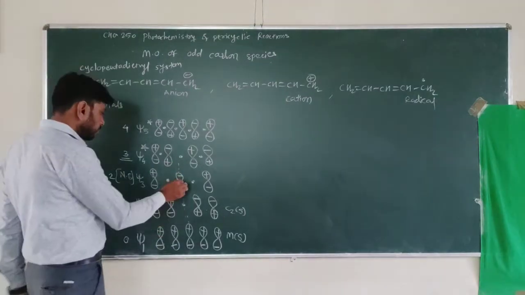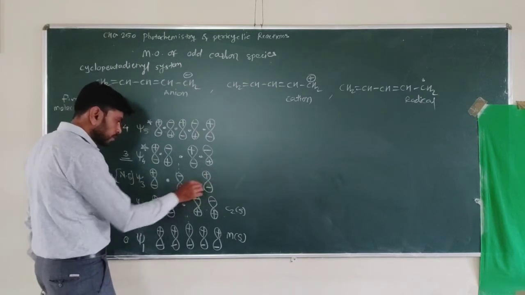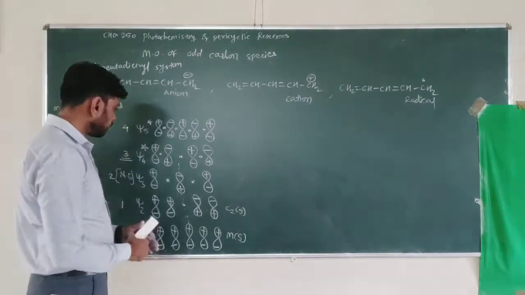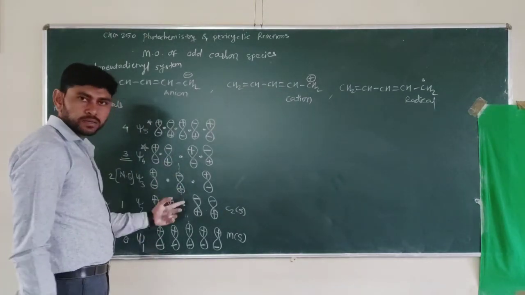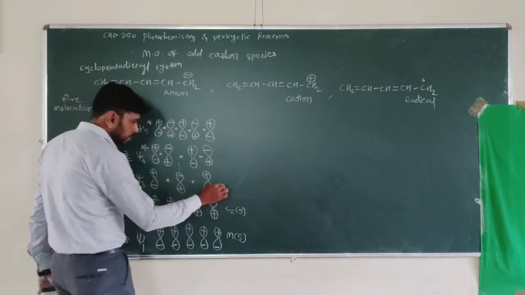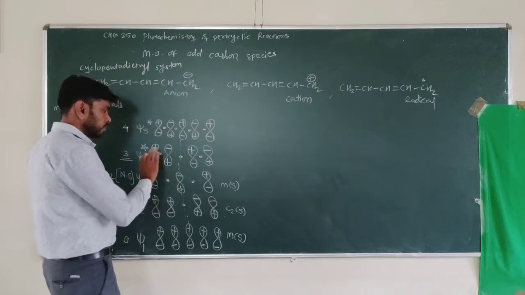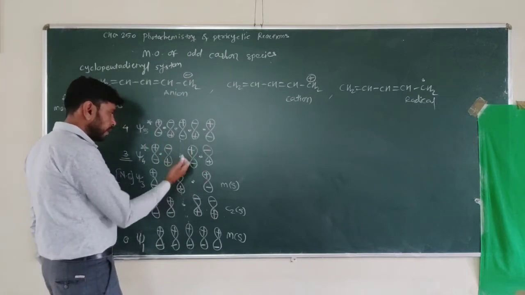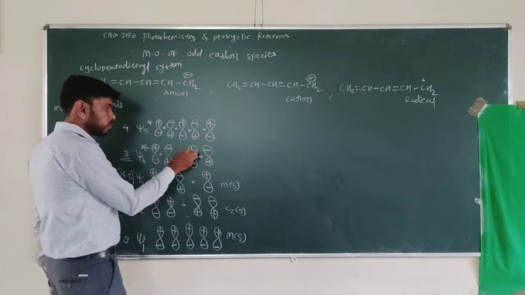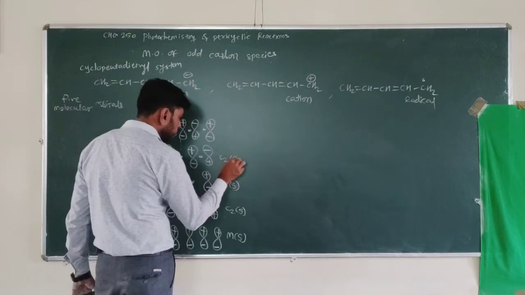C2 symmetry. Okay. Here see, plus, minus, plus, pass the plane from the center. When we pass the plane from the center and fold it, what happens? Plus coincides on plus, minus on minus, and actually when we pass the plane, it is already divided into two similar parts. So it is having EM symmetry. Here see, when we pass the plane and fold the orbital, it is observed that negative sign coincides on positive, positive on negative, that means opposite sign coincides, and this is C2 symmetry.